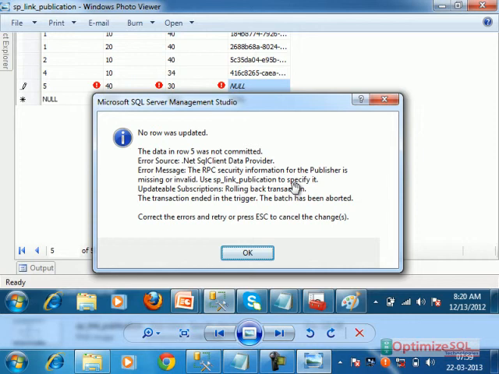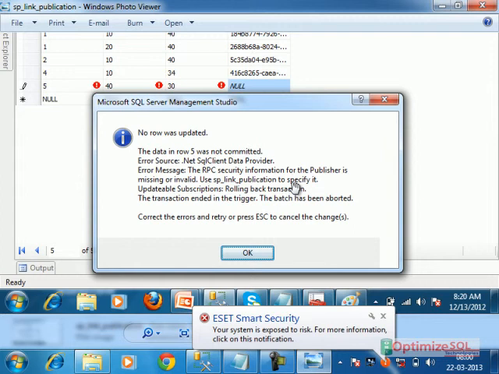This will happen generally in which scenario? If the DTC service is not running while configuring the subscriber. Second, the login name and password we have used, the SA login name and password, if that login name and password is invalid, or even if they are valid but the publisher is running in Windows authentication mode.